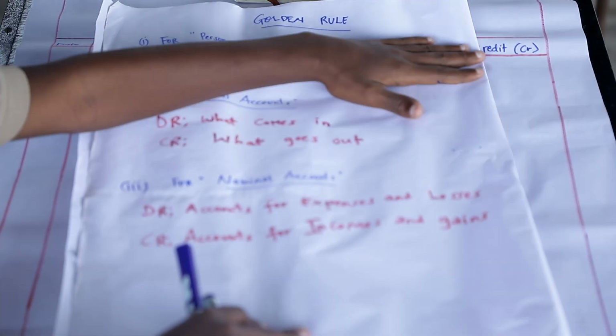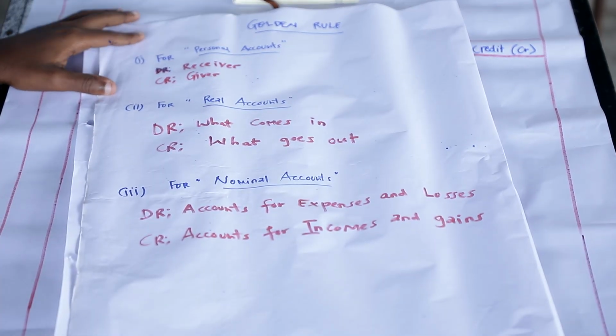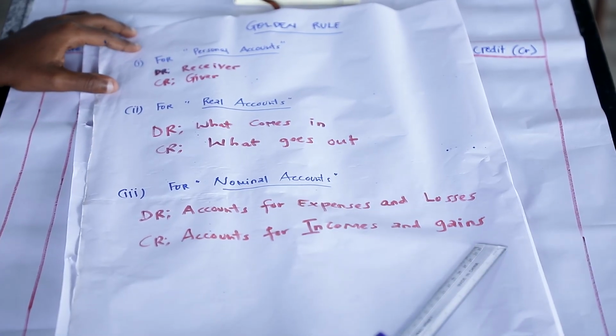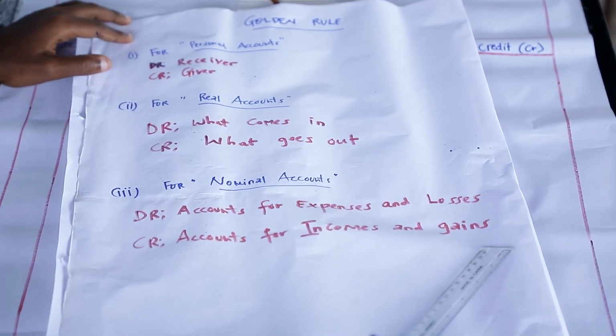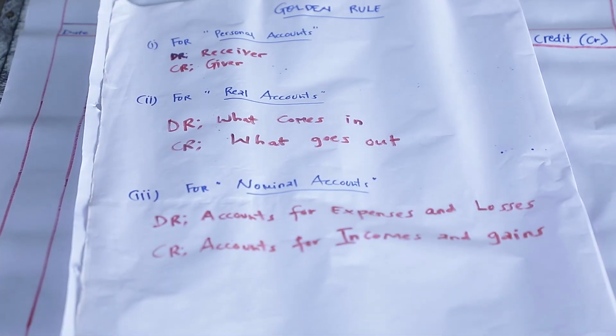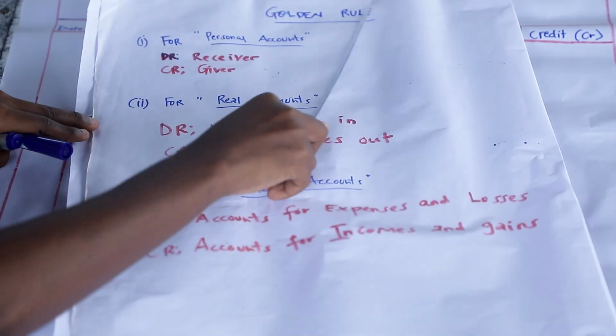short way to understand how we are going to record this transaction in the general journal. So this is a golden rule, which will be our blueprint in order for us to understand how we are going to record the transaction in the general journal, and later on how we are going to post it